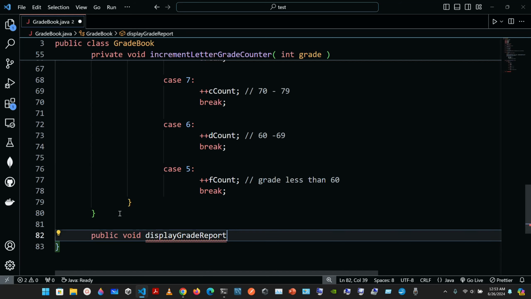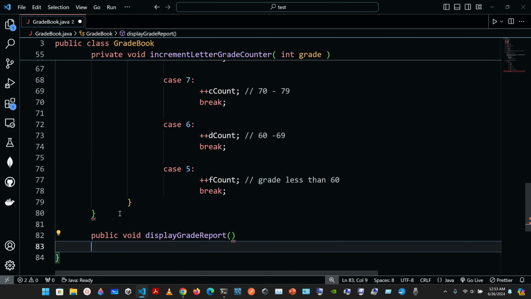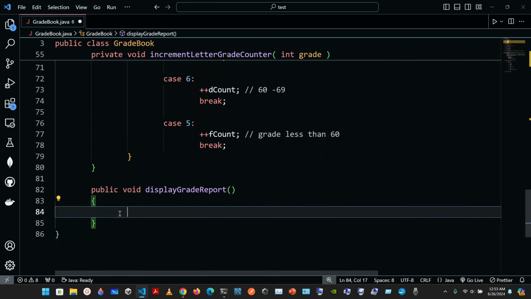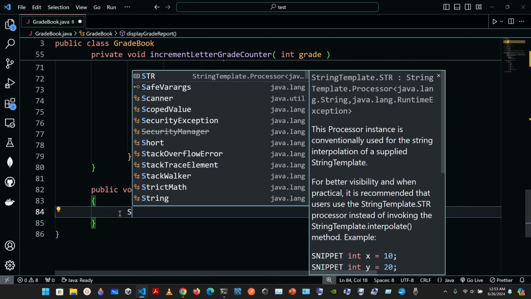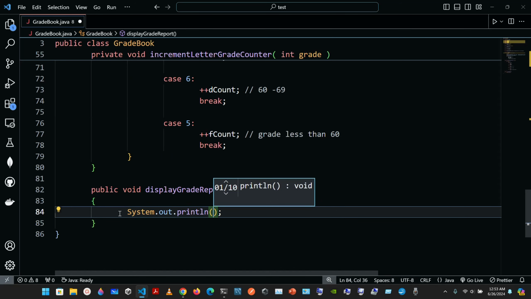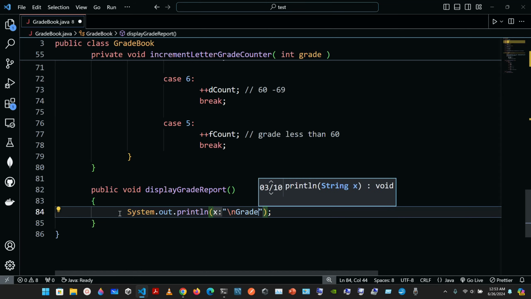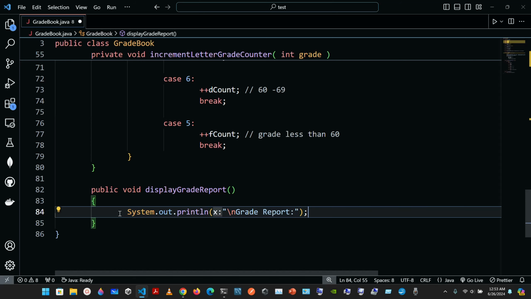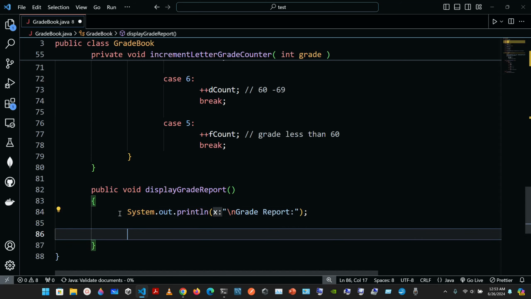Display grade report, so parentheses, but nothing to take in the parentheses, and we're gonna have the System.out. Okay, so System.out.println, so that's fine this time. Okay, to the next line, and we're gonna have the grade report. Okay, so we have that, and now inside of the display report, we are gonna have pretty much just